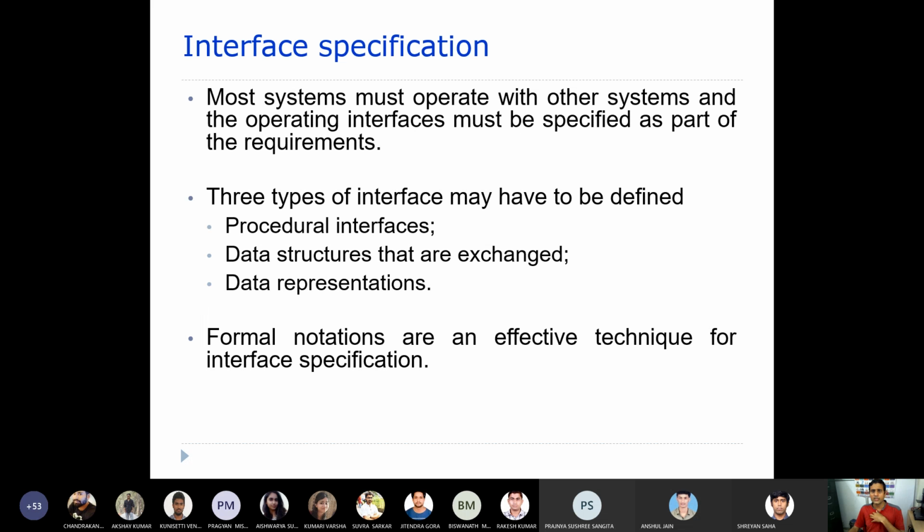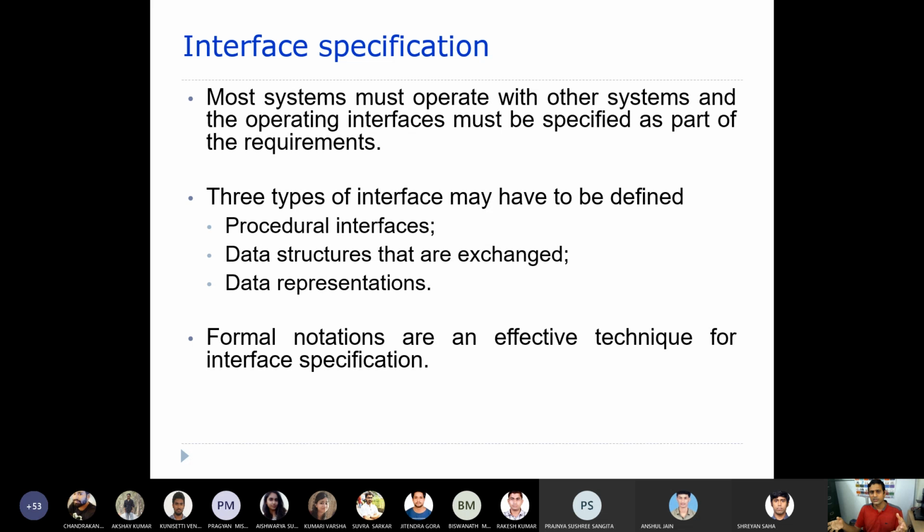Usually, systems are going to interact with other systems through operating interfaces. Sometimes, as I told you, you need to specify the interfaces too. There are procedural interfaces, data structures that are exchanged, and data representations.